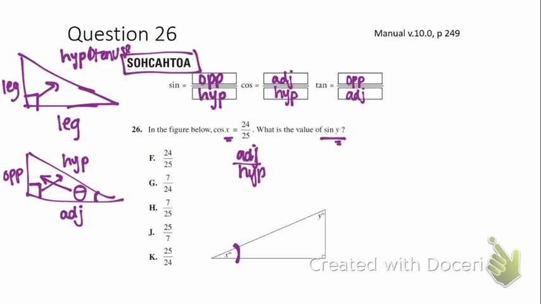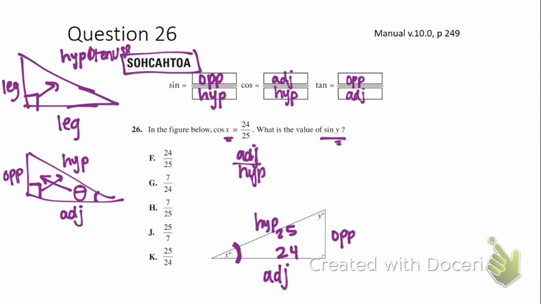So when I'm using x, I need to label those in the right spot. This would be opposite, this would be hypotenuse, this is adjacent. When I label these, the adjacent is 24, so that's 24. Hypotenuse is 25, so there. Now,